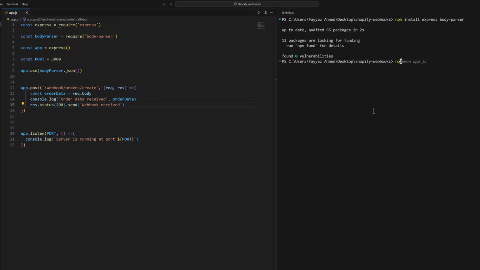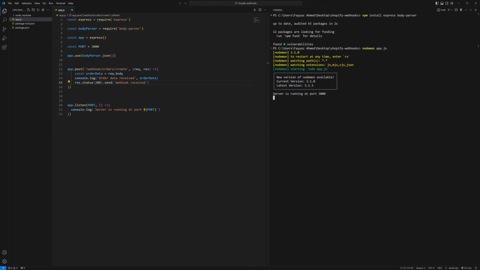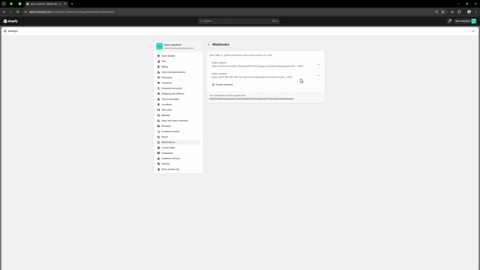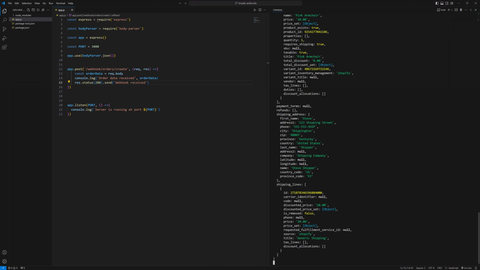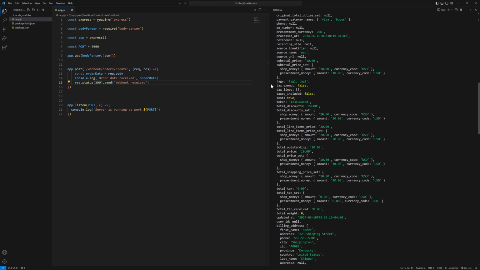Now run this app with nodemon app.js, and our server is running and listening. So let's try to send a notification. Okay, this is our webhook for order creation, and send test over here, and go back here, and you see we have received the order data over here,